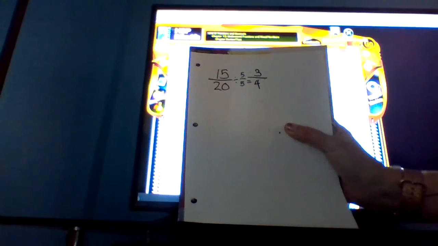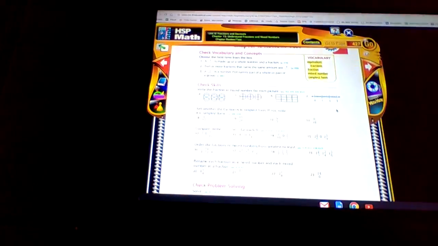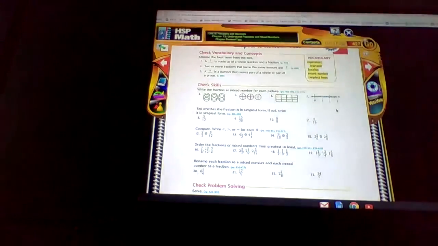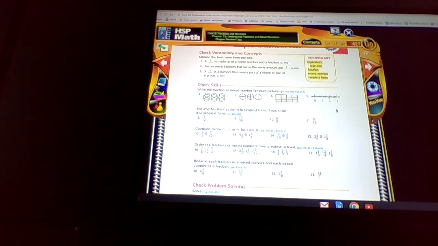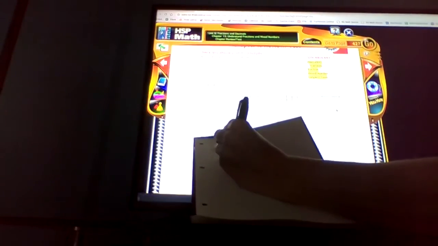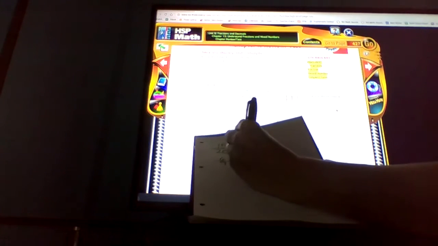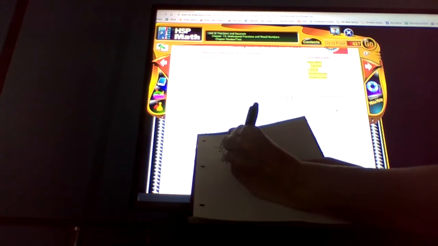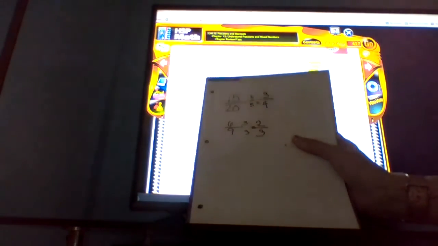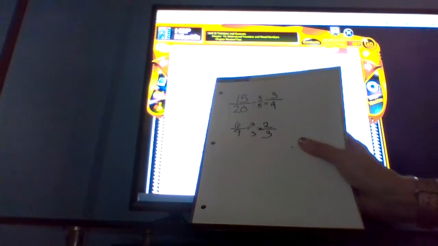Number 10, 6/9. Is there any number that divides into 6 and divides into 9? Yes! What is it? Right, 3. 6 divided by 3 equals 2. 9 divided by 3 equals 3. 2/3, that is simplest form. And number 11,